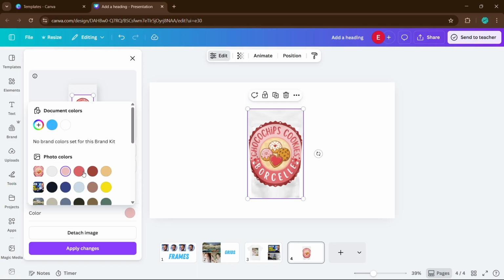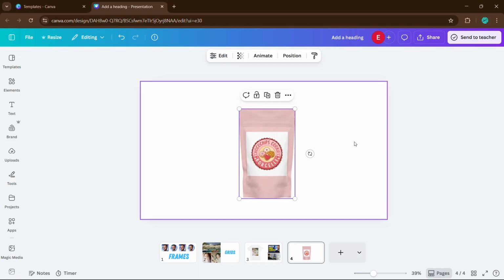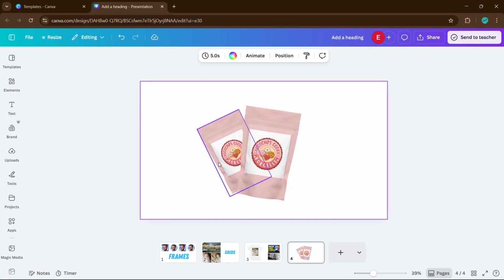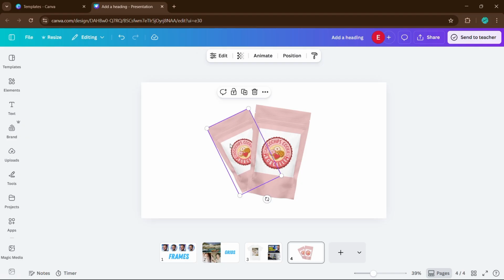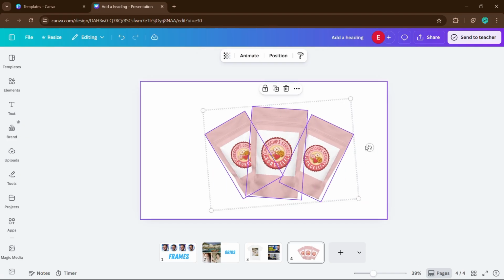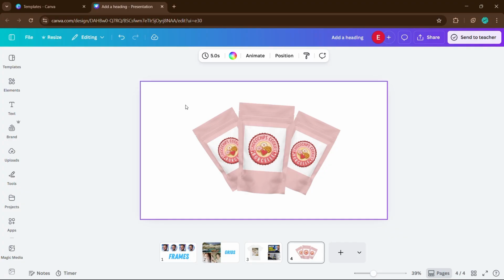You now understand how to use Canva's frames, grids, and mockups properly as a beginner. Once you start organizing your designs with structure and realism instead of random placement, your projects will immediately look more